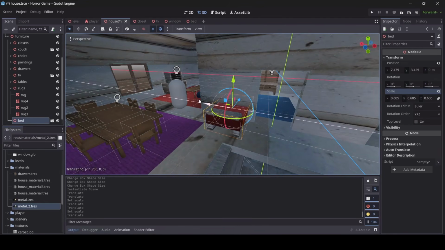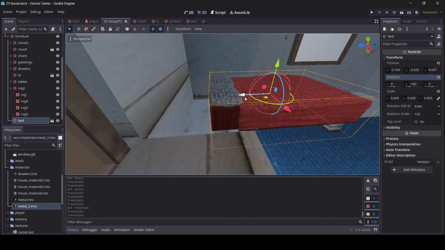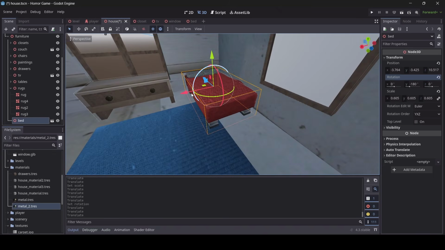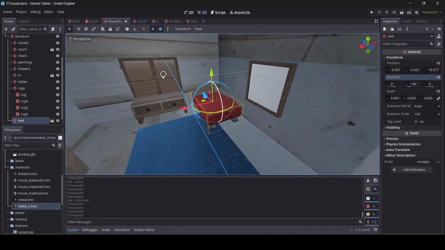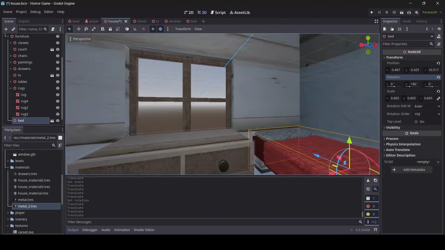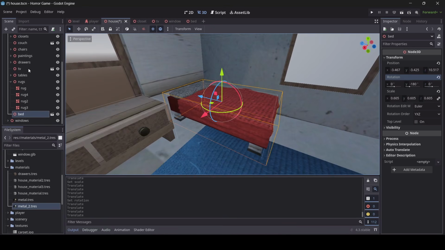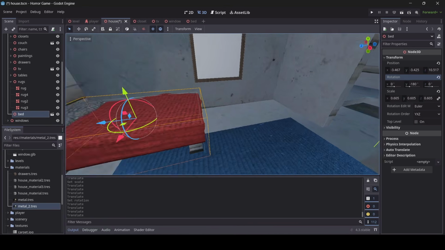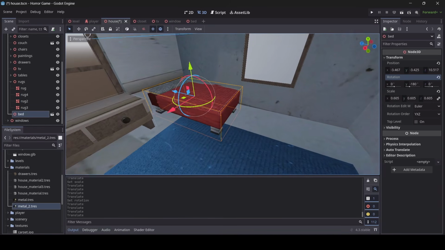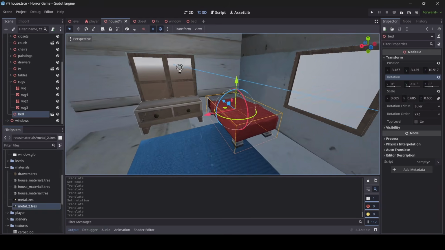Alrighty, so now let's add this into the room here. And also we can always change up the material of the bed too if we want to, because let's say for example you have a few different beds in your house. It wouldn't really make sense for all them beds to look exactly the same. So if you ever want to edit the materials, let's say you have a bed and you want to change the bed sheet color of it or the pillow colors or something like that, so then the beds aren't all the